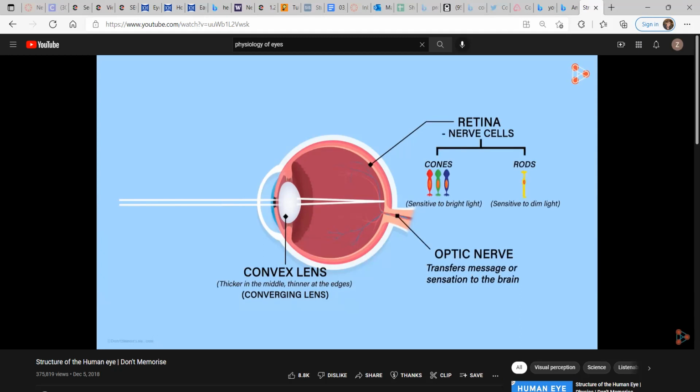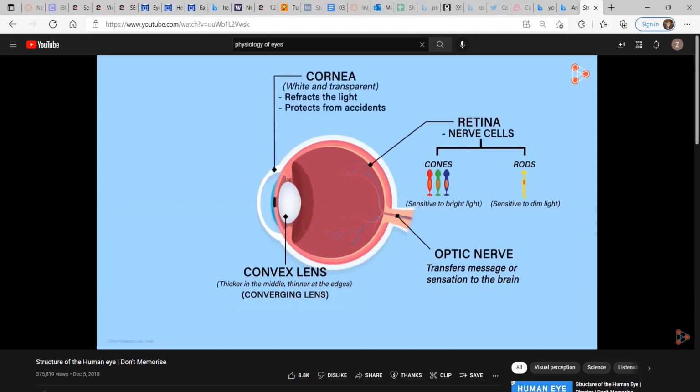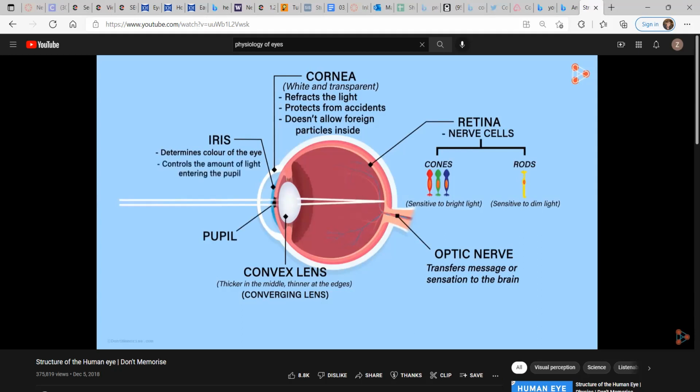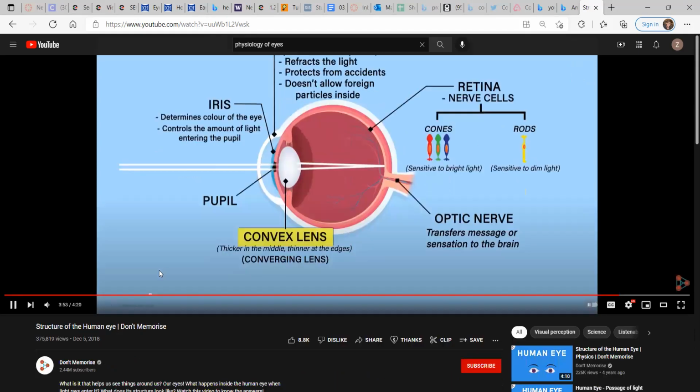Okay, let's quickly recap what we learned about the human eye. Human eye has a roughly spherical shape. The outer part of an eye, called the cornea, is a thick white transparent wall which protects the eye from accidents and keeps the foreign particles from entering inside. Behind the cornea, the colorful part of the eye, called the iris, is present. It has a small opening at the center called pupil. Iris controls the light entering through the pupil by contracting and expanding. Behind the pupil, there is a converging lens which focuses